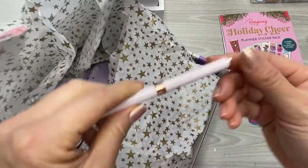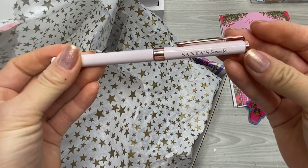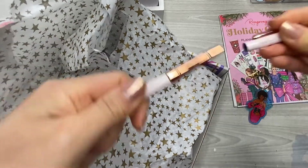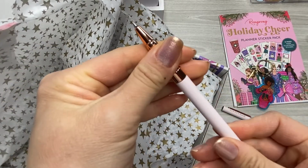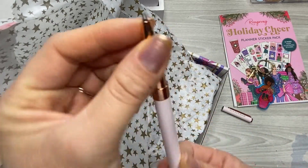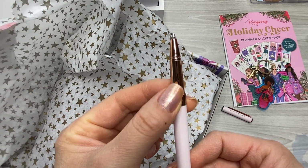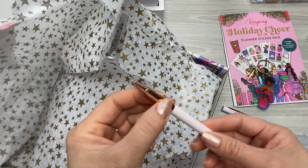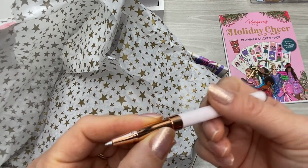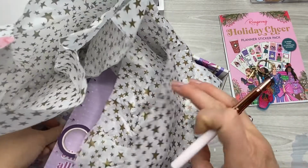Santa's favorite pen. This is an amazing quality pen. It has gorgeous rose gold detail, and then the barrel has some rose gold. When you get yours, I already took mine off for my video, you'll have the little wax piece to protect the end of your pen from getting ink everywhere, but it is amazing. It writes extremely smooth. Just to test out for you, I will use,